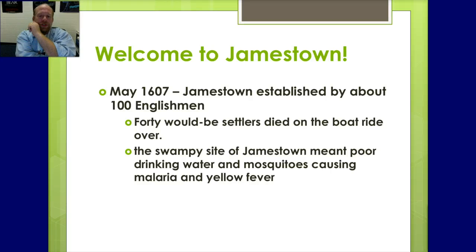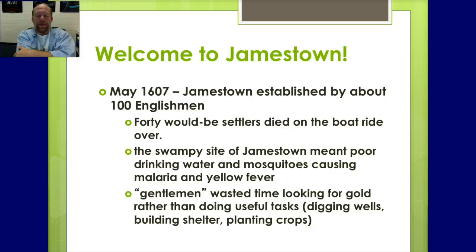When they landed on Jamestown, it was very swampy, right there on the James River, and drinking water was bad. Mosquitoes were there causing malaria and yellow fever. You think about it, standing water at your house, and you leave it, and mosquito eggs form, and they have mosquitoes. It's bad. So they tell you if you see standing water, you dump it. You can't dump the James River. So they didn't really pick a great spot to found Jamestown. Bad water, bad mosquitoes. But hey, it's there.